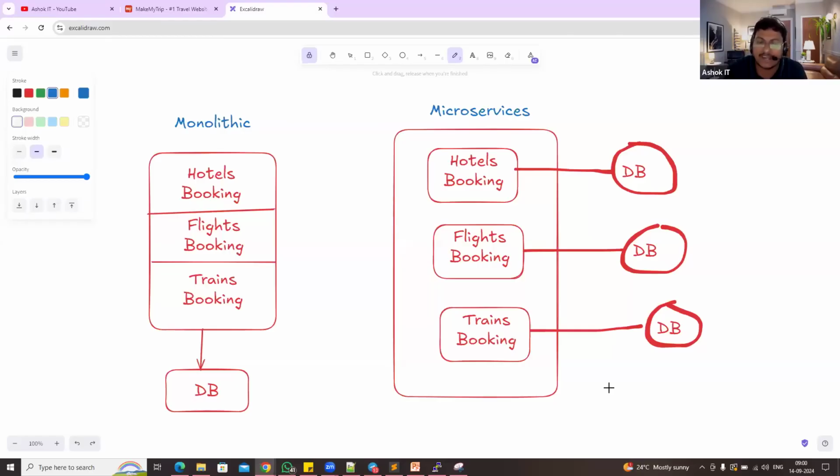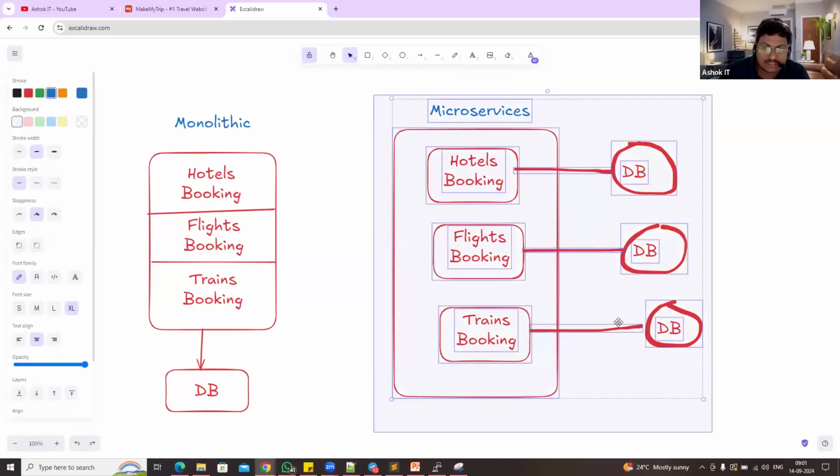Similarly, flight tickets booking is required. We are going to develop a simple project which contains only flights booking logic. That project you can develop, test, deploy, execute, and deliver independently, as a small service. Similarly, train tickets booking is available. Create one simple project which contains only the logic to book the train tickets. Develop, test, and deliver independently. And every microservice has its own database, and all these microservices are called